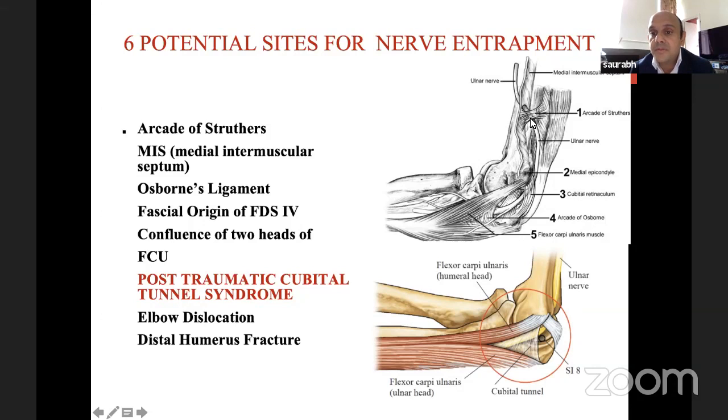So ligament of Struthers for median nerve, arcade for ulnar nerve. Then it can get compressed. This is Osborn's fascia. So just behind it, it can get compressed as it pierces two heads of FCU. And then there are other reasons: any trauma, elbow dislocations, supracondylar and any other fracture dislocations, tardy ulnar nerve palsy, and